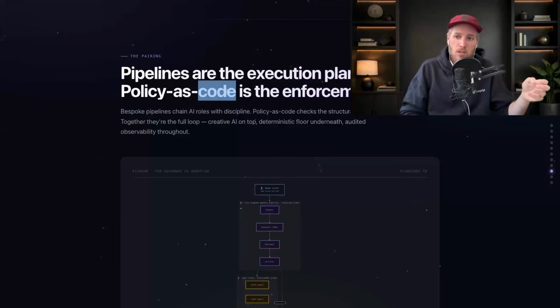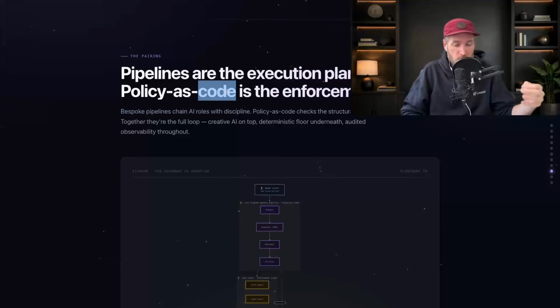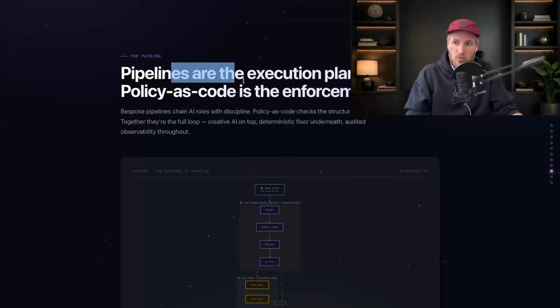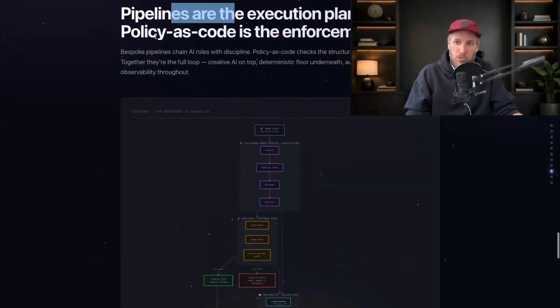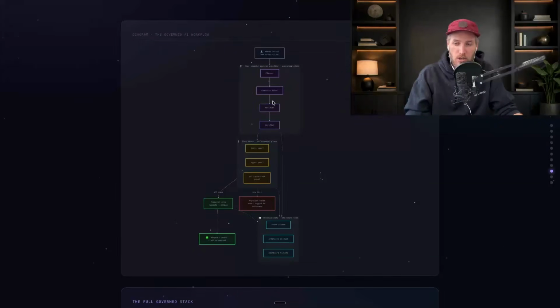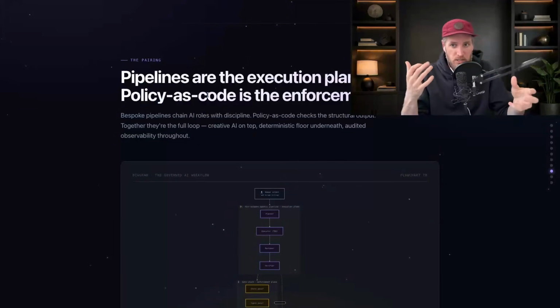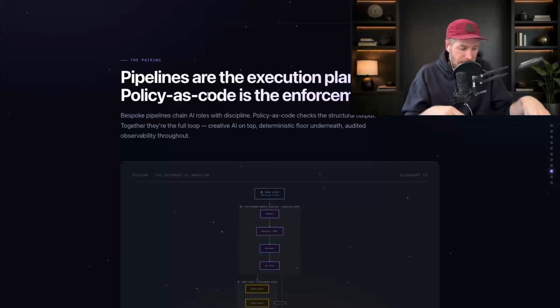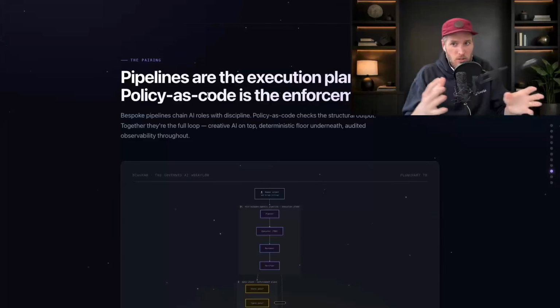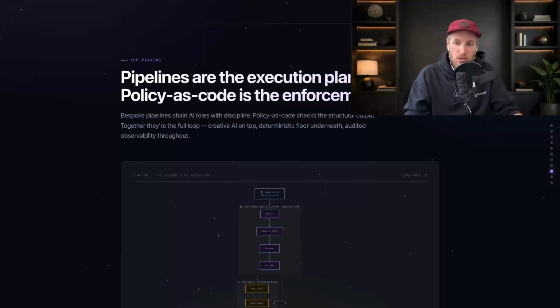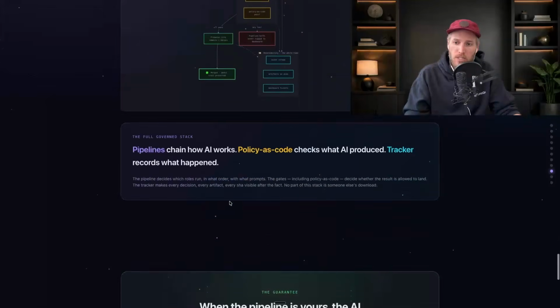And so the concept is you should have hundreds and hundreds of rules that are policy as code that control and constrain AI's development. And then when you have an agent, the benefit is you can now build your policy as code into your pipeline. So you have a planner agent, you have an executor agent, and before you even run your tests, you should run your policy as code to make sure that no errors are present, right? Policy as code is all about the quality of the code, and then your tests are much more about the business outcomes of the code, right? And you have your steps.